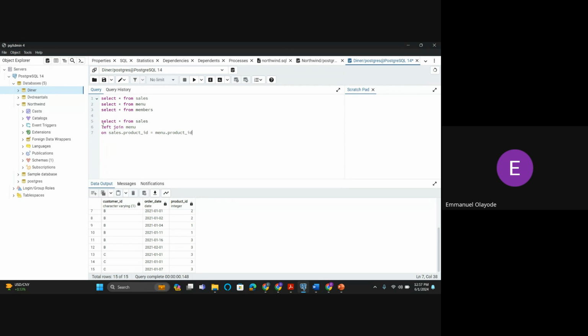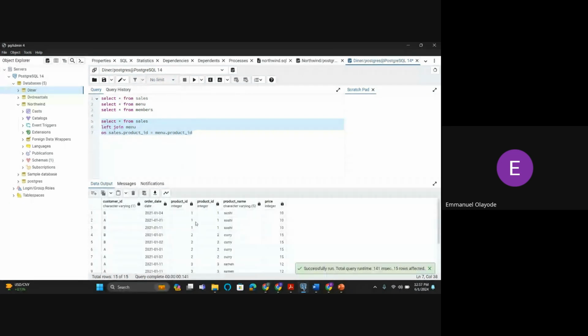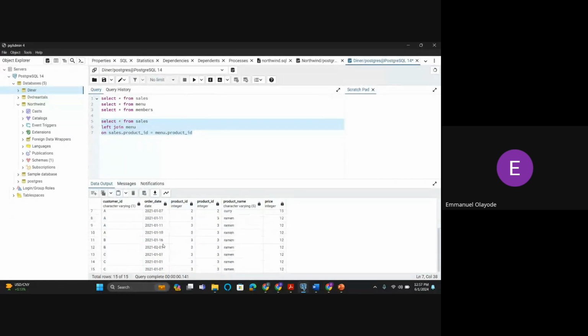So if I run this now, it is going to return all the information I have on the sales table for me, based on the product ID that I use. All the information for all the product IDs that I have on the sales table will be returned, and any corresponding one from the